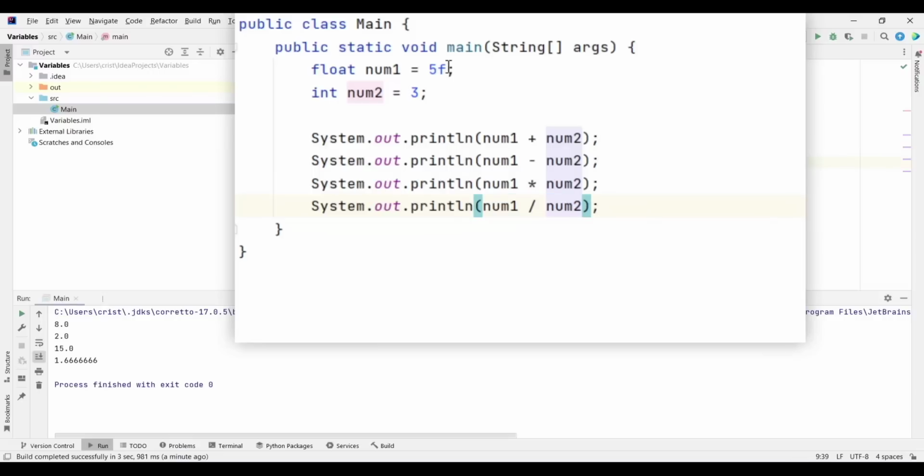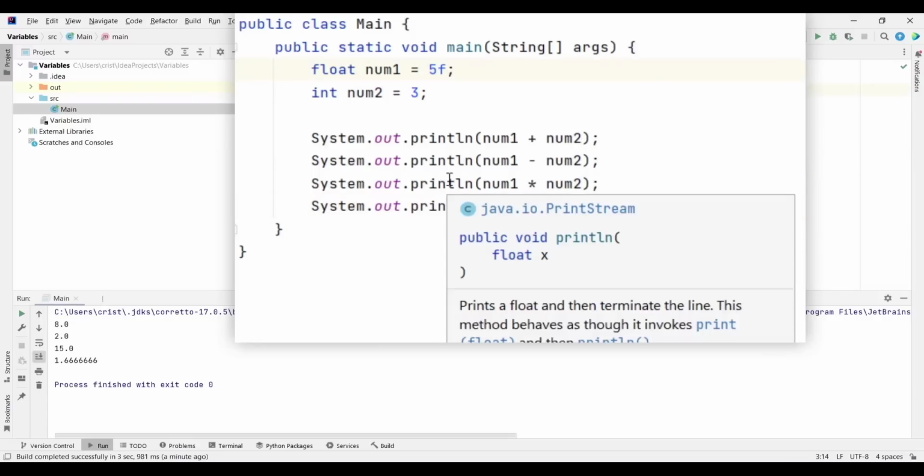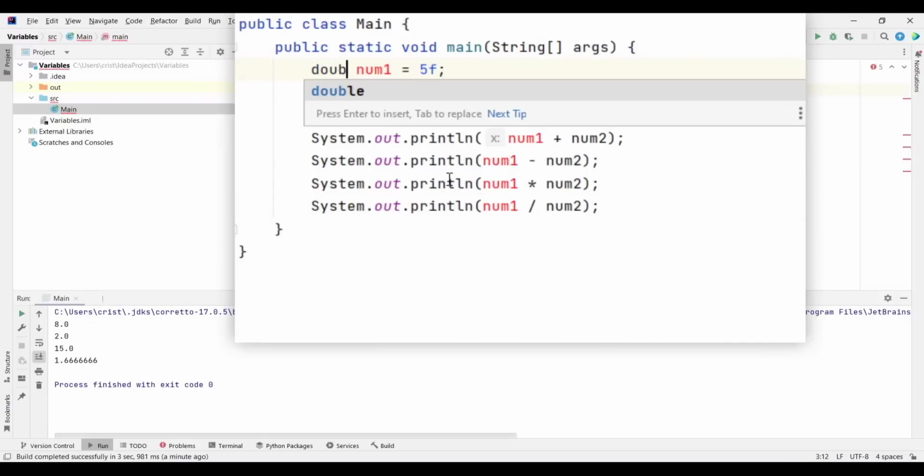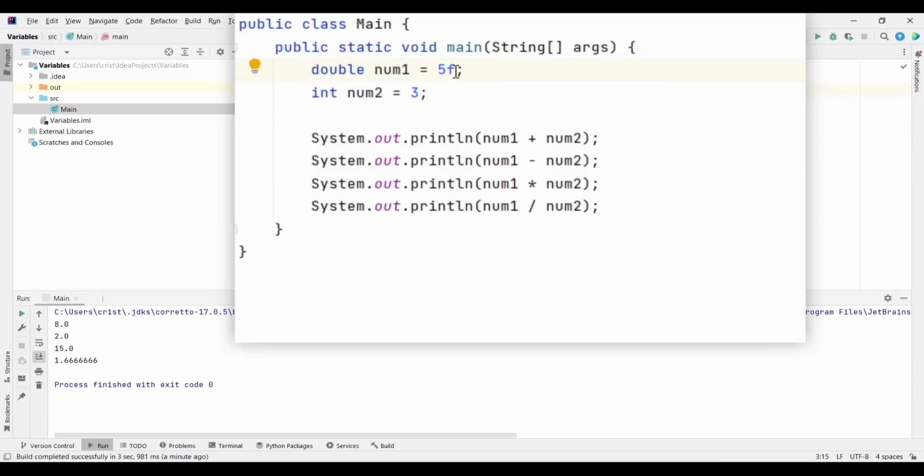Okay, but let's change it to a double to see, because I said that a double has a bigger precision. So let's change it to a double. Let's delete that and let's run our code now. Alright, so now we have 1.6060, so the precision is bigger than the precision of the float, so this is good to have in mind. Let's change this back to int.